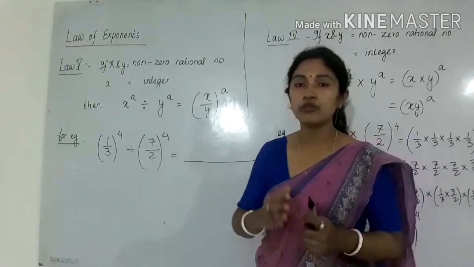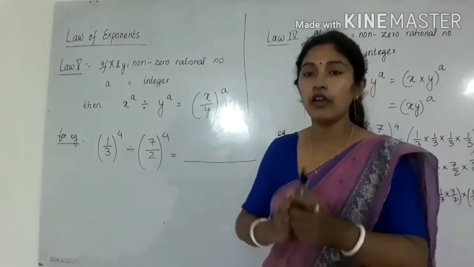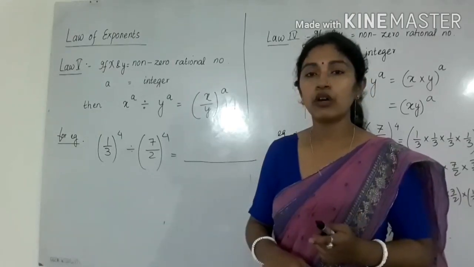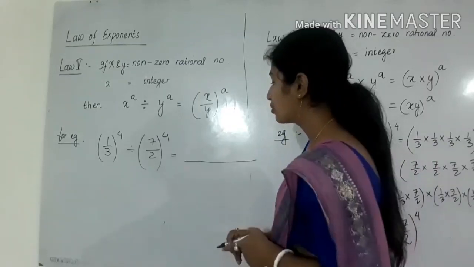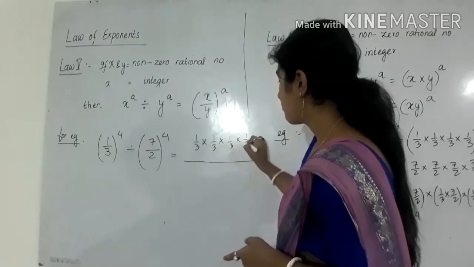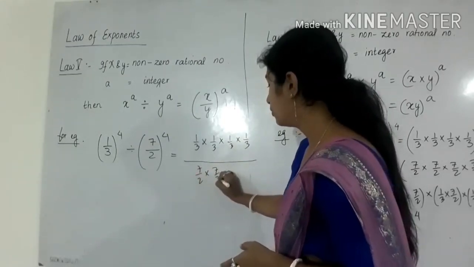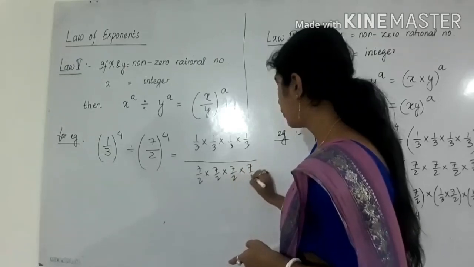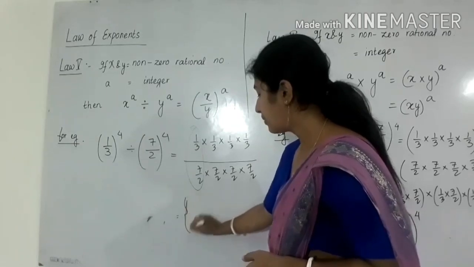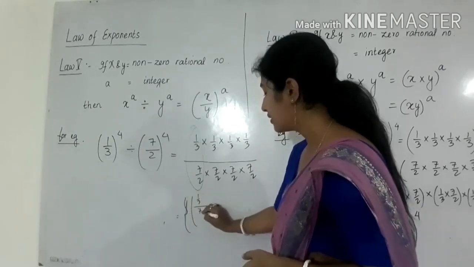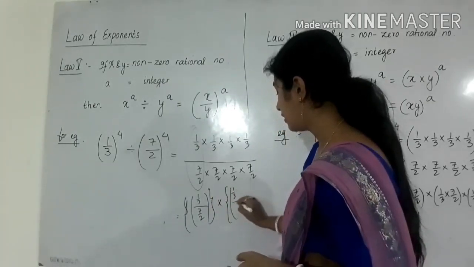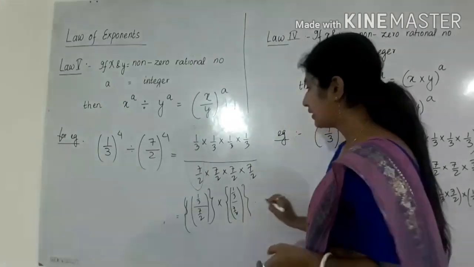So in the next step, we have to collect the terms from the numerator and denominator. First of all we collect the first term, that is 1 by 3 from the numerator, and from the denominator we collect the first term, that is 7 by 2. Like that you have to collect. So 1 by 3, 1 by 3, 1 by 3, again 7 by 2, 7 by 2, 7 by 2, 7 by 2. So first of all you have to collect this one. That means in bracket you have to write 1 by 3 whole divided by 7 by 2. Similarly, into 1 by 3 again, whole divided by 7 by 2. Like that you have to write.